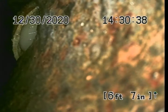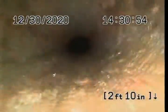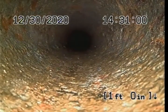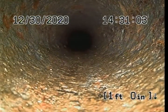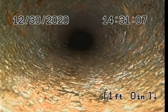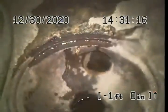And that snake won't push it? No. Push it around, because the cable never hits the same spot twice. So it's a shot in the dark every time you go into it. It's not that the line's broken or anything like that. You just have that cap in it and it's hanging up the process here. If the cap was just in the floor drain itself, it wouldn't affect your washer. If you tried pouring anything down here, it would back up, but you could use your washer just fine. So it's not going to affect it one bit. But now that it's in that Y, that's what's going to